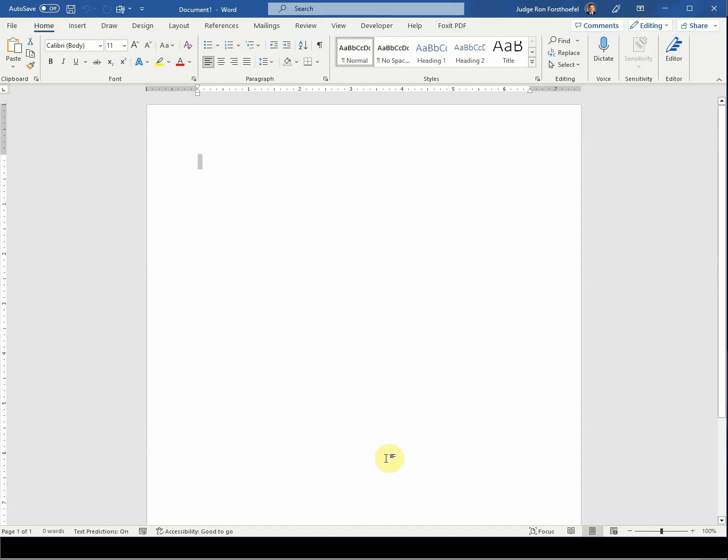I've got a Microsoft Word document already open. This is just a blank document, and I'll do a little bit of typing just to show you how these things move around on paper or on the screen and so on. But what we're going to be working with here is our draw function up here in the menu